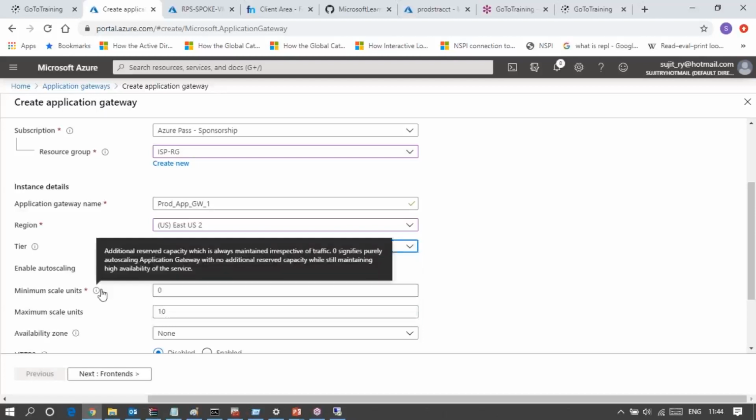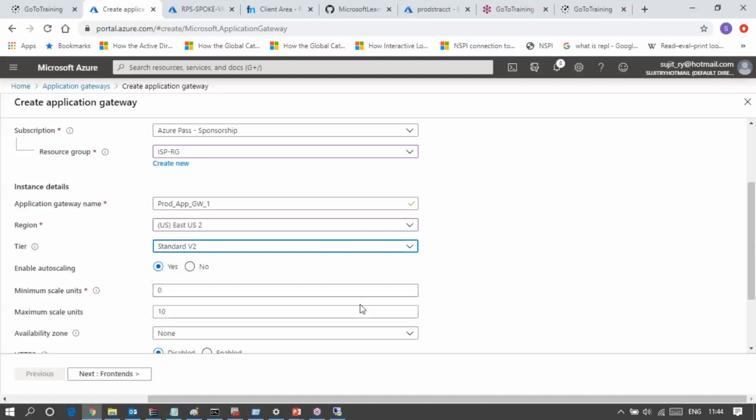Enable auto scaling. Okay, audience, behind this application gateway it is creating virtual machines. So if you want to make it scalable based on the workload, so that your application gateway scalability increases automatically, then you have to go with the auto scale option. Let's say your application gateway by default uses 2 virtual machines. Now if your workload is getting higher, maybe to support it needs 4 virtual machines. How would these 2 extra virtual machines appear automatically? Not possible, right, if you do not enable auto scaling.